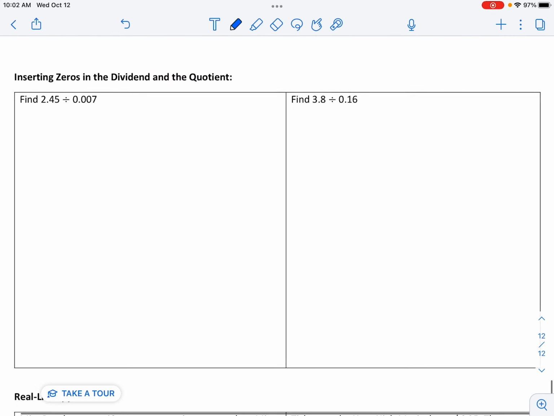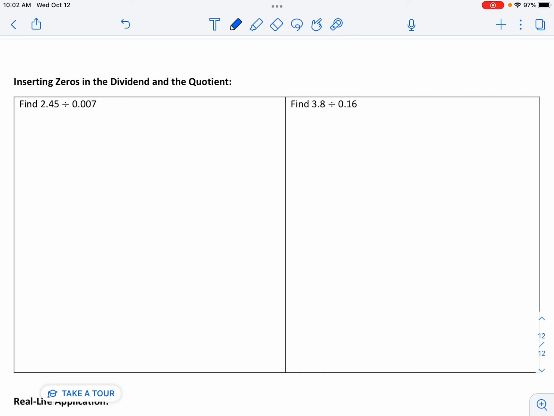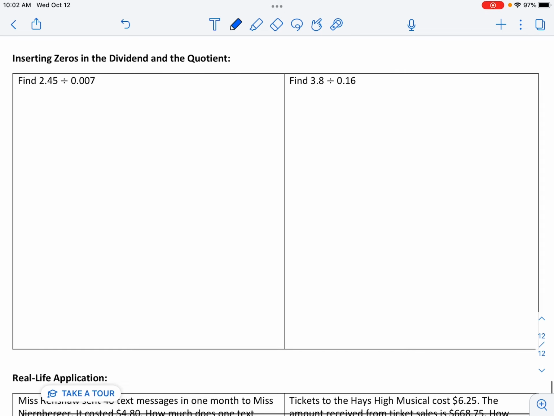Okay, flip your page over. And now we're going to be doing the same thing. So this is 2.45 hundredths divided by 7 thousandths. So I'm going to put 2.45 divided by